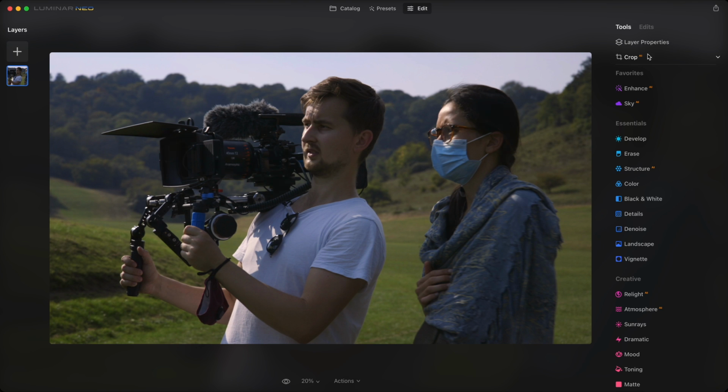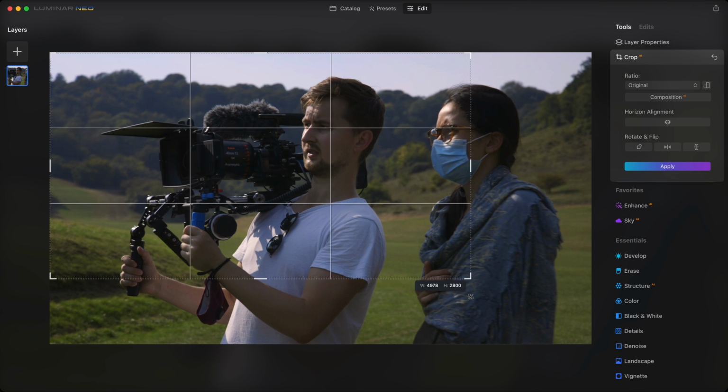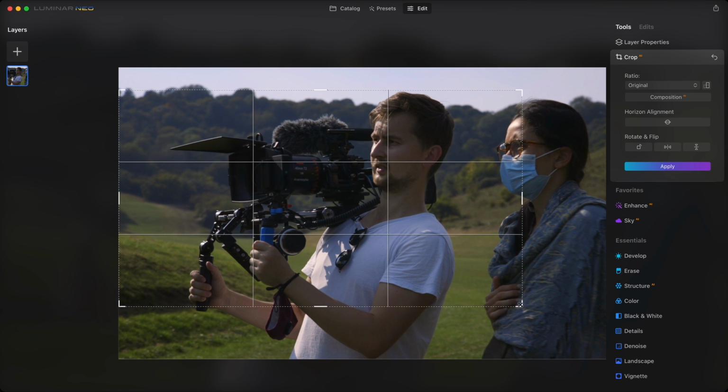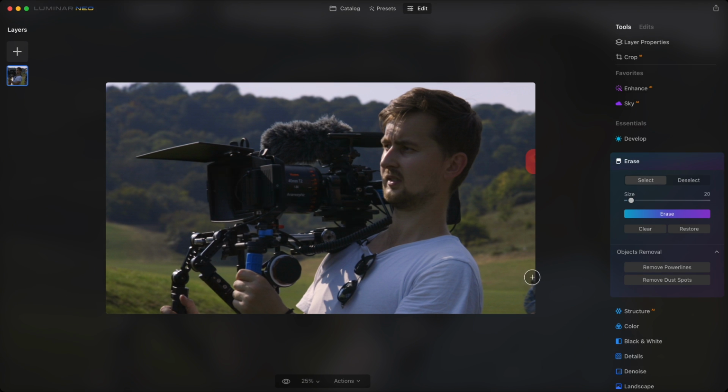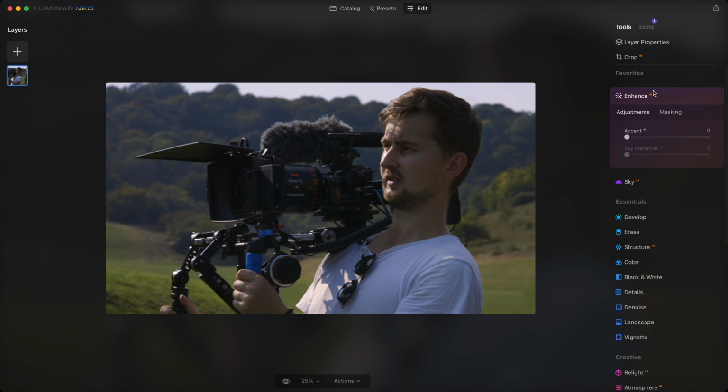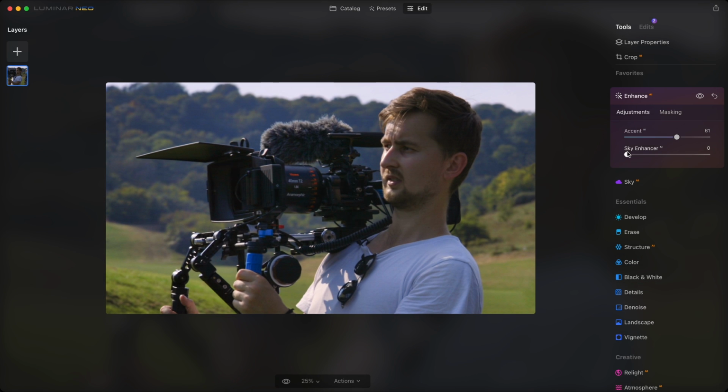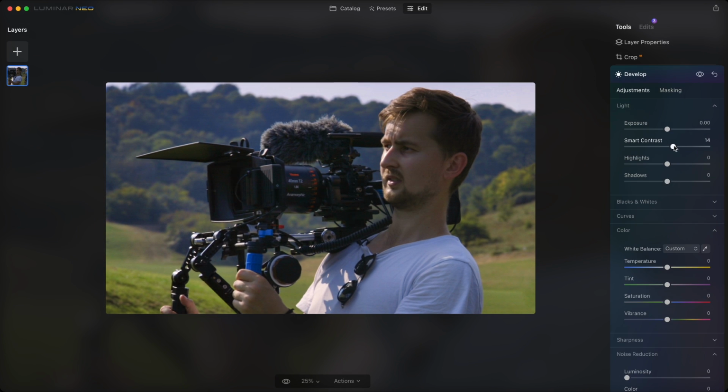But before we fix the colours, I've got to crop this. It's for a video that's comparing different camera setups, so let's make the camera as big as possible in the frame. Then I can use the erase tool to clean up the edges. Since it takes a split second for viewers to decide if they're clicking or not, I don't want to leave anything to chance. For colour, I'll use the enhance tool as a starting point and then add some contrast, brighten